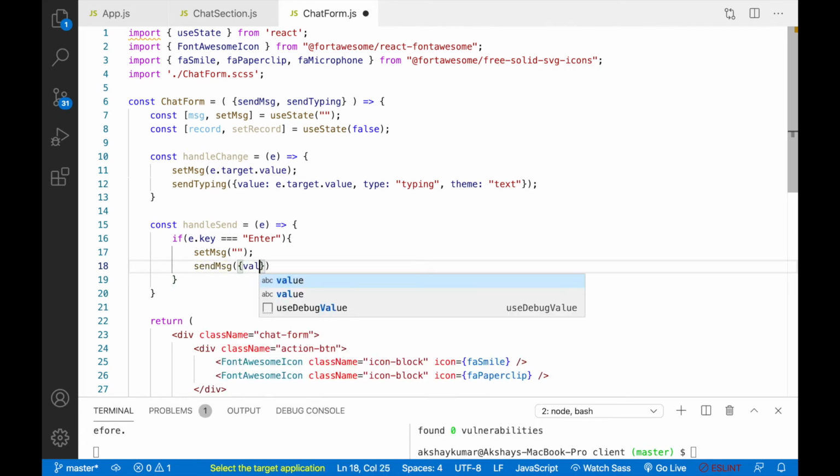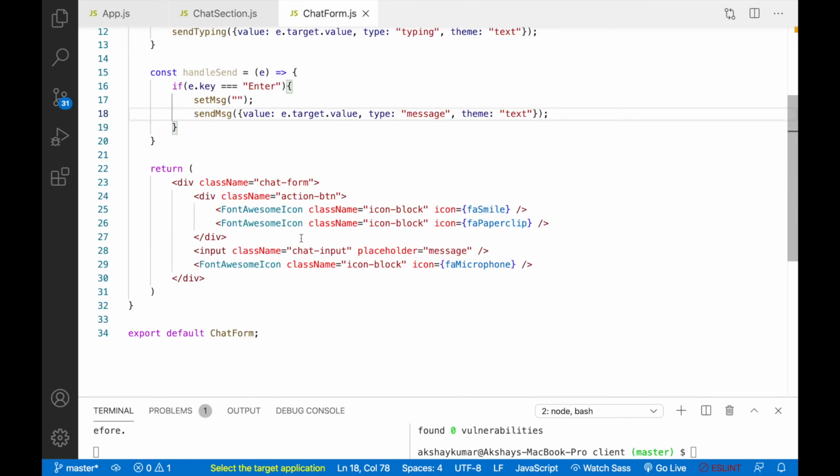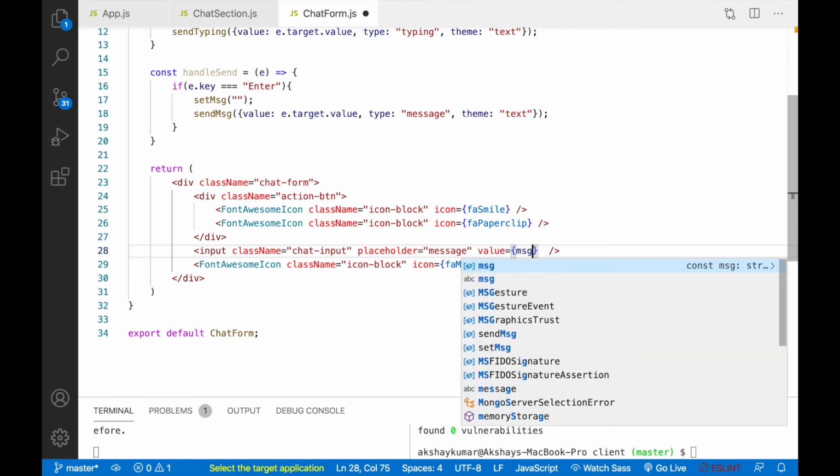So here we'll write value is equal to e dot target dot value, type is message, theme, so this will be text.